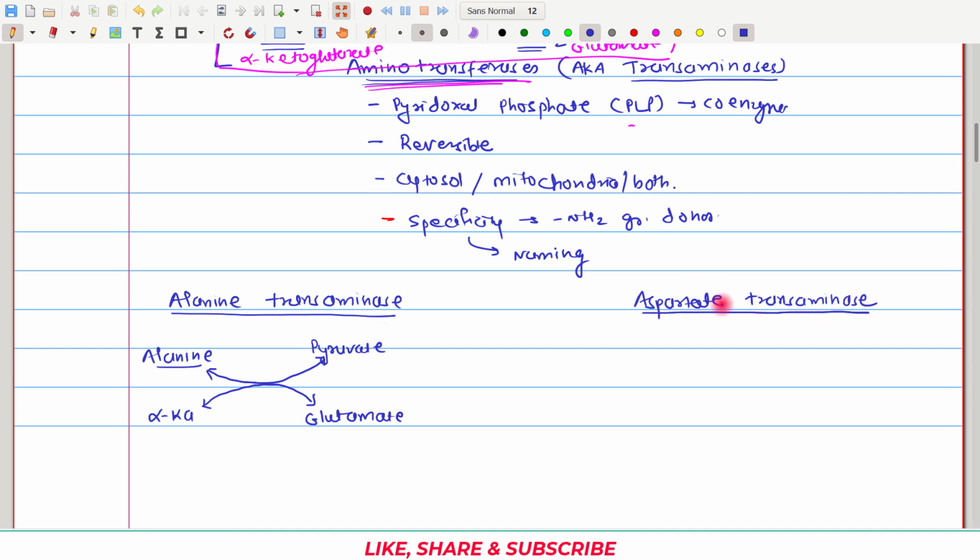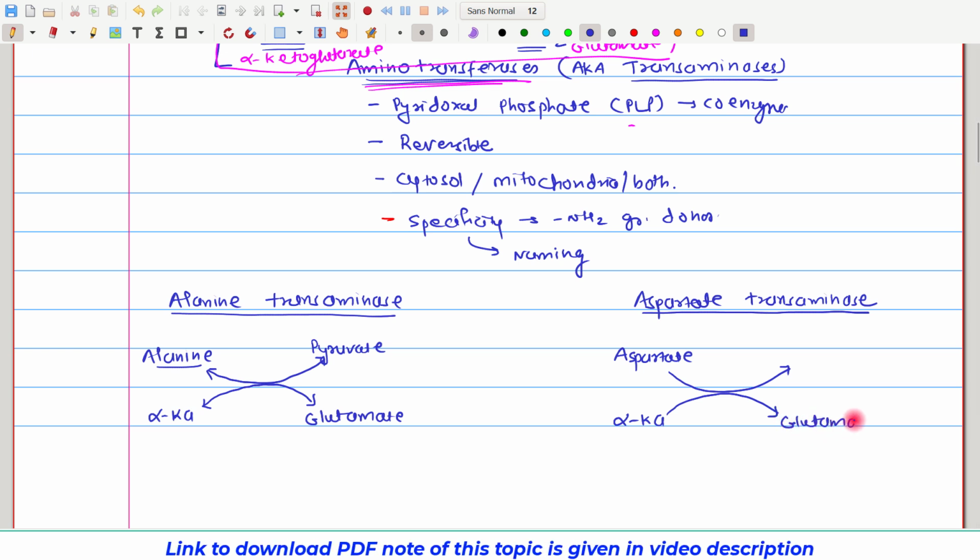In case of aspartate transaminase, here the amino group donor is aspartate. It donates its amino group to this fixed alpha ketoglutarate. Alpha ketoglutarate, after gaining the amino group, gets converted to glutamate, and aspartate, after losing its amino group, gets converted to its respective alpha keto acid, and for aspartate it is oxaloacetate. This is also a reversible reaction, and as I told you earlier, we do not have only these two transaminases, we have numerous transaminases, and all the transaminases